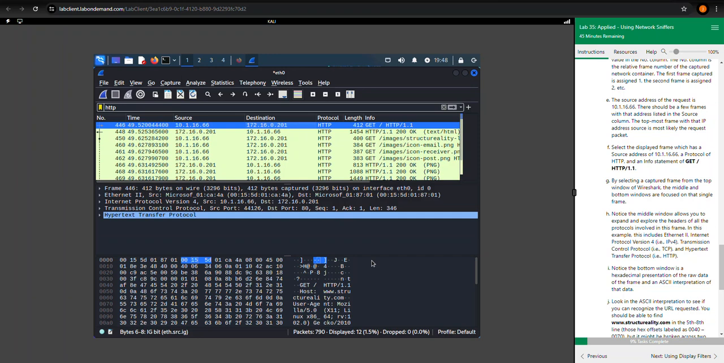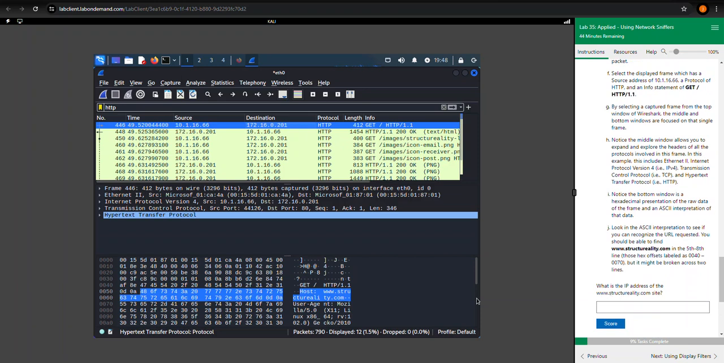It has hexadecimal information, the raw data captured, and this is the ASCII interpretation of that. If you look in the ASCII interpretation, we can see the host, structurereality.com, in the 5th, 6th line, and the hex label was offset. We can see it starts here and then goes to here. So we have a question: what is the IP address of the Structure Reality website? And that is